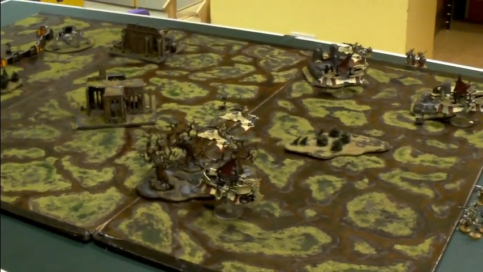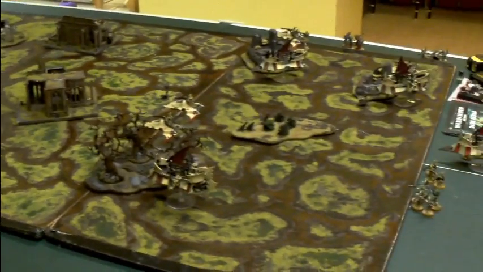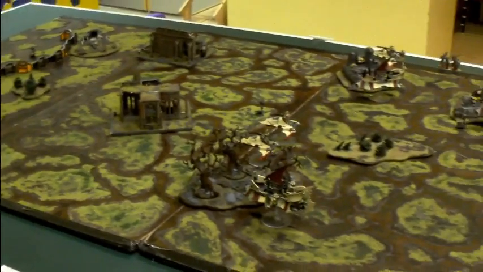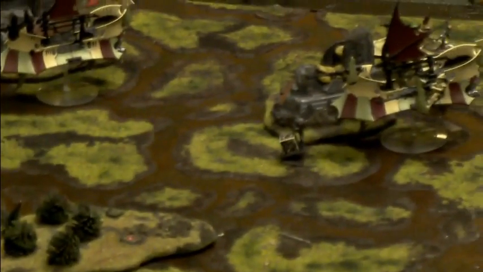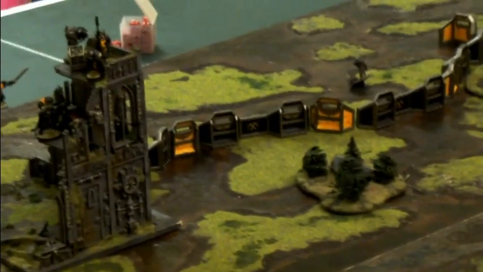Right, this is our table for the game. We managed to get hammer and anvil, so we're end to end. That's my end of the table, that is Lawrence's. We have Big Guns Never Tire, so we've got 4 objectives. There is one there next to my Ravager. There's another one just outside my deployment zone there, and then over in Lawrence's deployment zone there's one behind the Aegis line,